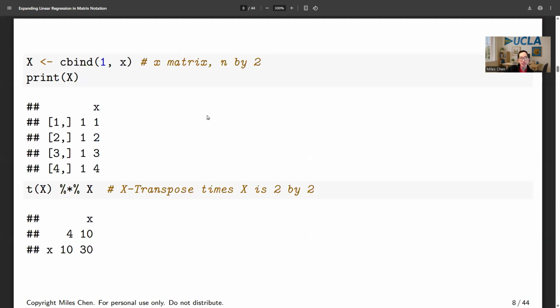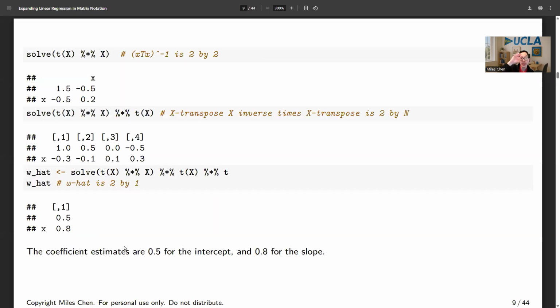And in order to do this, I create my matrix X, which will have a column of 1s, and then my values 1, 2, 3, 4. And then I'm going to multiply the transpose of X by X. So X transpose X is going to be a 2x2 matrix. And then we want to invert that. Okay, X transpose X inverse